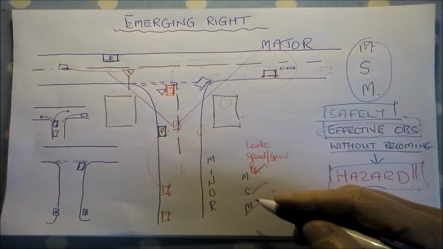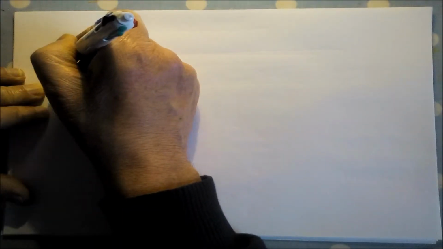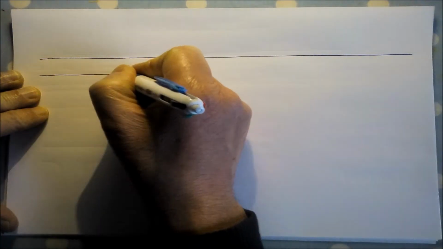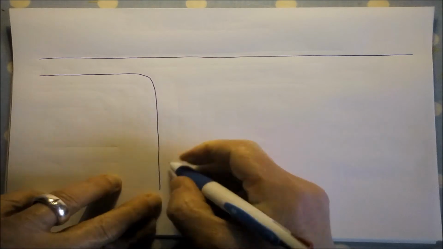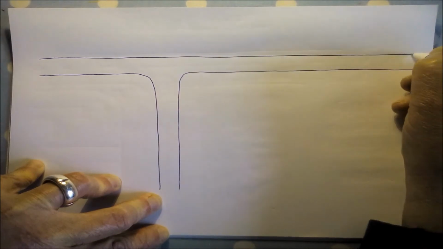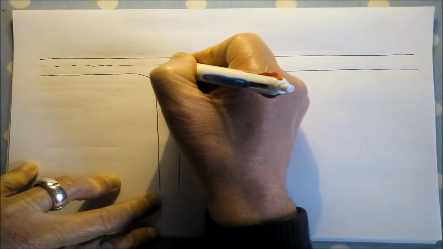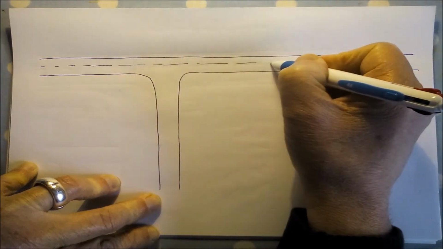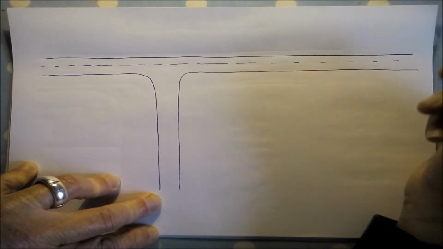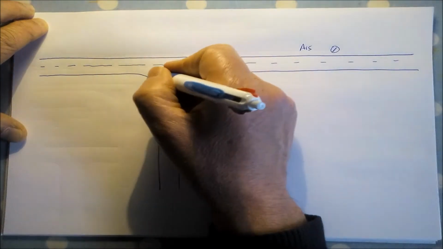Now, just moving slightly into a little bit more of an in-depth scenario. There's a particular accident that can happen, which I just want to talk about. Let's imagine that this emerge right we're doing here is on say a national speed limit road. So we've got maybe a 60 limit coming along here. If you live near where I live, then let's pretend it's the A15, but that's a national speed limit road. So you might be coming out